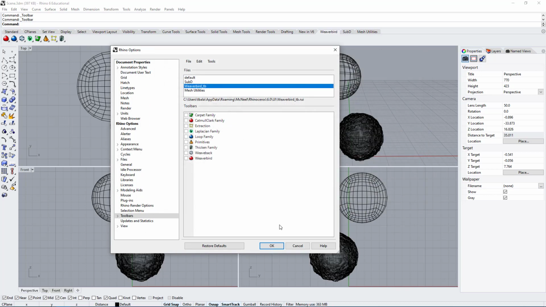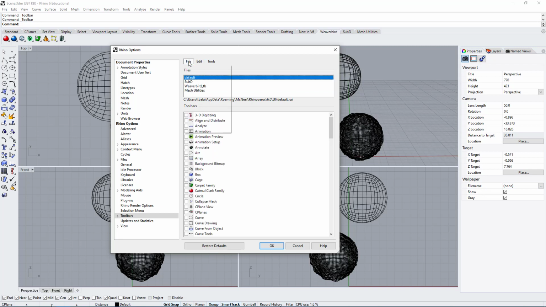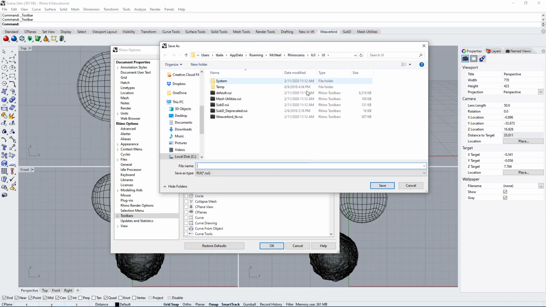So let's create a new panel. Under default, we can go under file, and you can import a toolbar, you can export something. Let's do a new, and it will ask you to create something. You have to save something out. So we will call this the test. And you can see there's a default location for it, but you can change that folder to any folder that you choose. I would recommend keeping it the default. So let's save it under the default location, save.